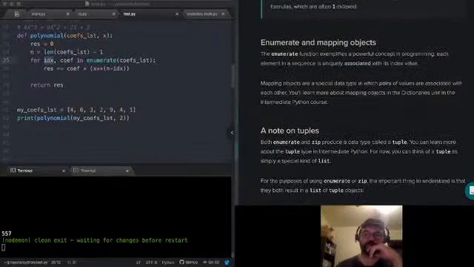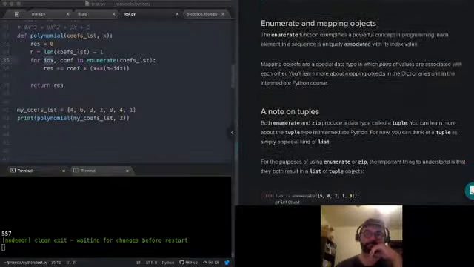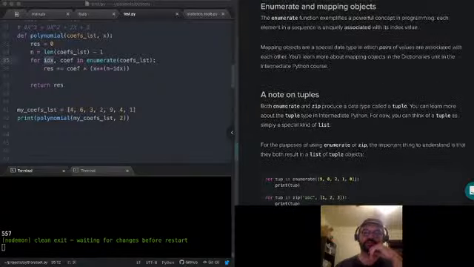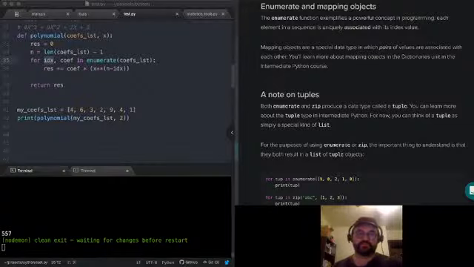All right. The enumerate function exemplifies a powerful concept in programming. Each element in a sequence is uniquely associated with its index. It's so handy having for loops and enumerate built in the way they are in Python,